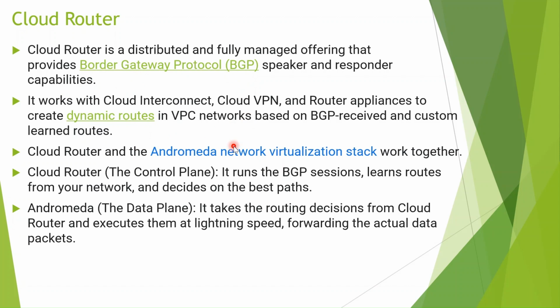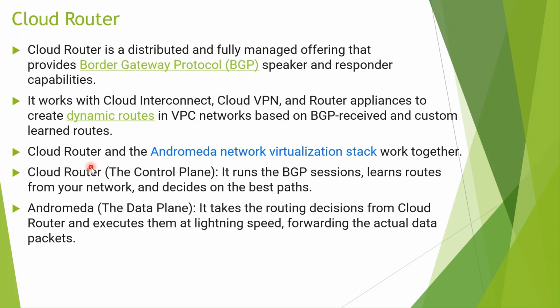So if you want to connect your VPC network with your on-prem and you are using Cloud Interconnect or Cloud VPN, if you go to Cloud Router, you will see they have created a Cloud Router. It manages the BGP sessions. So what will a BGP session do? It shares which routes are available in on-prem and which routes are available in your GCP network, so that your on-prem can reach GCP and GCP can reach your on-prem. It is all done via Cloud Router. When you create a Cloud Router, you have to create the BGP sessions also. I will show you how it all works.